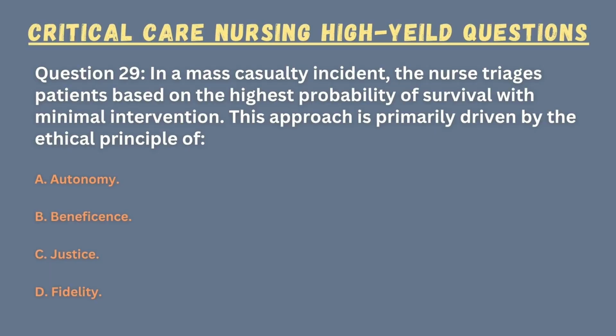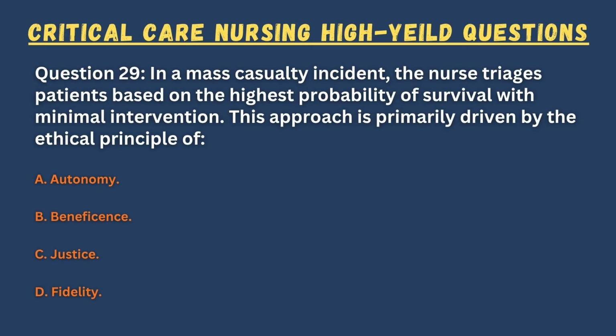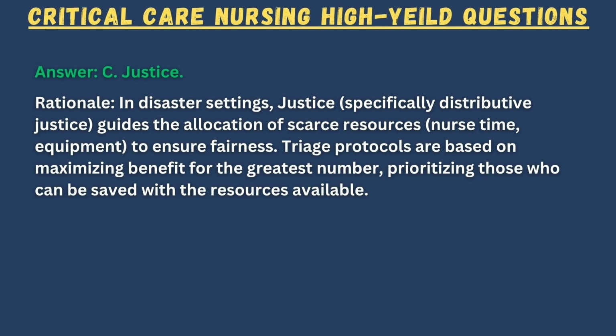Question 29. In a mass casualty incident, the nurse triages patients based on the highest probability of survival with minimal intervention. This approach is primarily driven by the ethical principle of A. Autonomy, B. Beneficence, C. Justice, D. Fidelity. Answer: C. Justice. Rationale: in disaster settings, justice, specifically distributive justice, guides the allocation of scarce resources, nurse time, equipment,